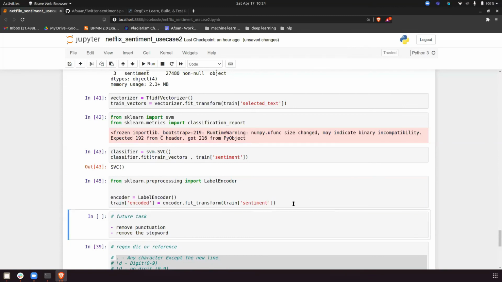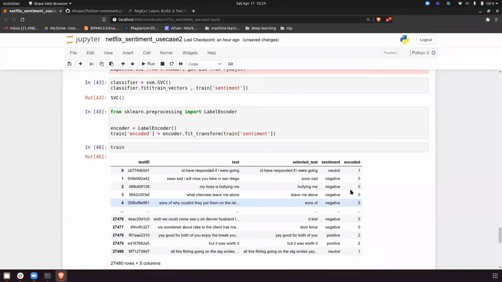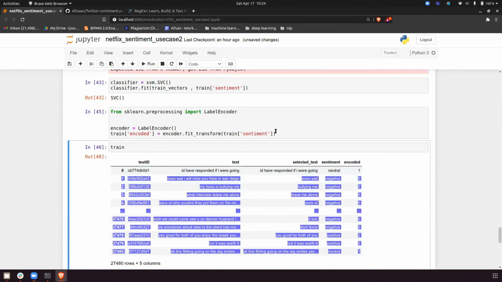If I run this and see the train data, everything is converted into 0s, 1s, and 2s. If you use this, your SVM will perform better, because otherwise it has to perform with text like neutral, negative, and so on. Here it will perform with numbers, so you can give this also. It's up to you.